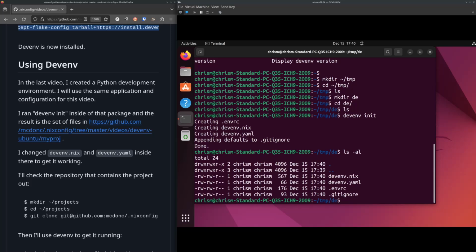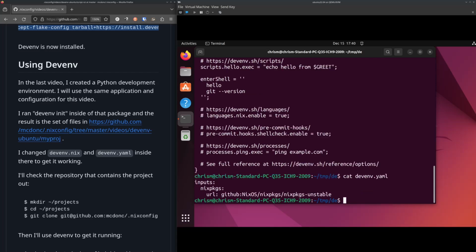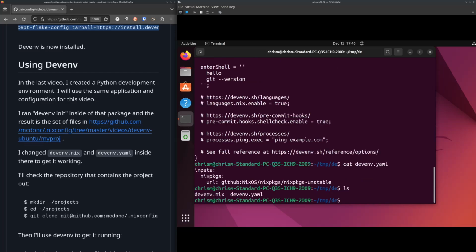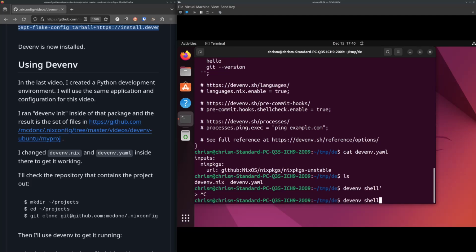The most important two files are devenv.nix and devenv.yaml. And this is sort of the boilerplate stuff that we get from the template that Domen created. But I think if we do devenv shell here,